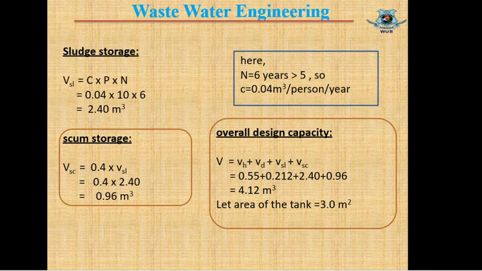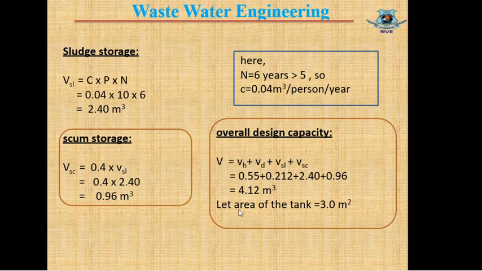There is no provision to take the surface area of the tank, but one thing we have to remember is that the tank should be rectangular and the length will be greater than the width. And for a single compartment there is a provision. If we construct the septic tank in a single compartment, the length will be 3 times the width. That means if length is 3 meter, the width will be 1 meter.